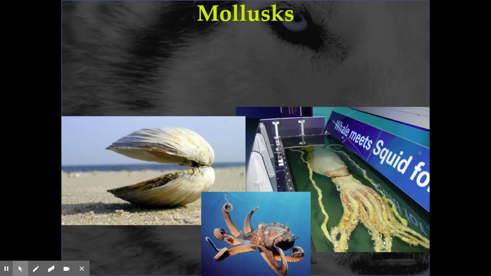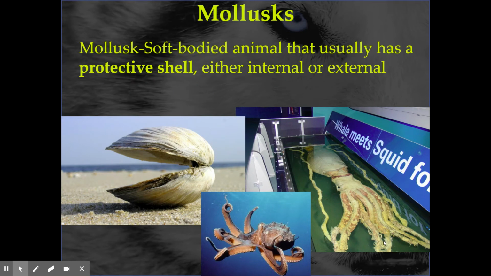Mollusks. So it's a soft-bodied critter, but now, in order to avoid being soft and squishy and easy to eat, mollusks have some hard parts to them. Usually in the case of like our clam or oyster, things like that, we're going to have a hard shell on the outside and the squishy critter on the inside. Now, that's a process in itself. They live in the water, so they're going to take minerals from the water, be able to process that, and secrete their shell. As they grow, it grows. So the organism is actually using minerals from its environment and secreting them and making its protective case in that situation.